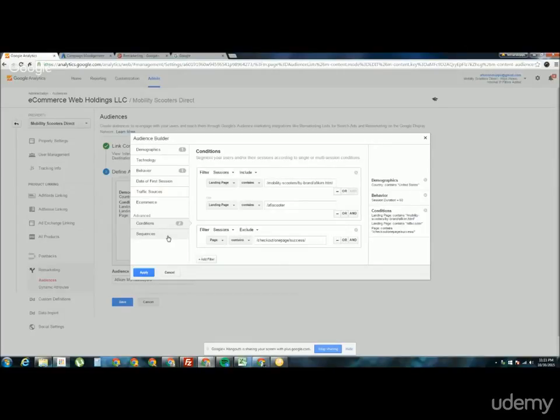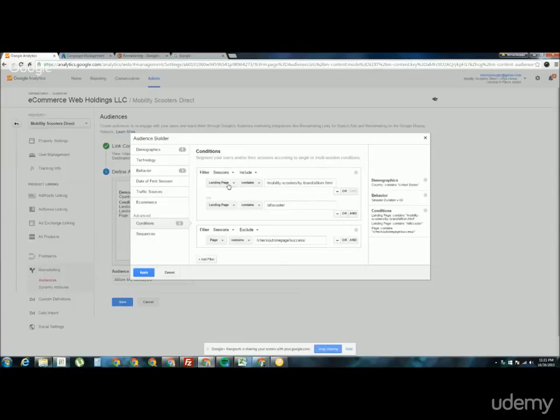Let's say you're a lawyer and you offer legal assistance for divorce cases as well as DUI cases. You may have, or hopefully you do have, pages on your website that touch on those types of services, those specialty legal services such as DUI defense, and then a separate page for divorce court type of procedures and hearings. So what you would do if you wanted to create remarketing lists for each type of those prospects that may need your legal assistance as a lawyer is create one unique remarketing list that says only include people in this